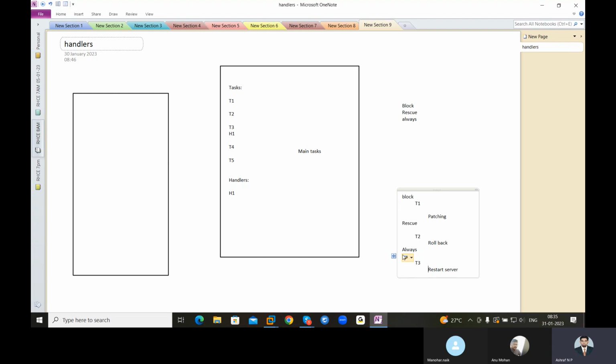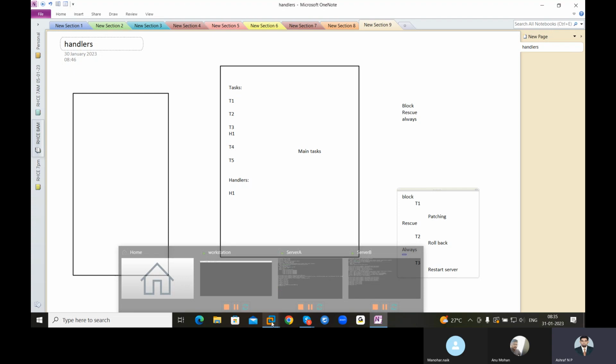Understand? GitHub is not our discussion now, that is later. If you're planning to go for DevOps and all, you must learn GitHub well because that is very important for DevOps. Now what I'll do is show you a very simple example, not patching and all, just something like starting a service, just for understanding.